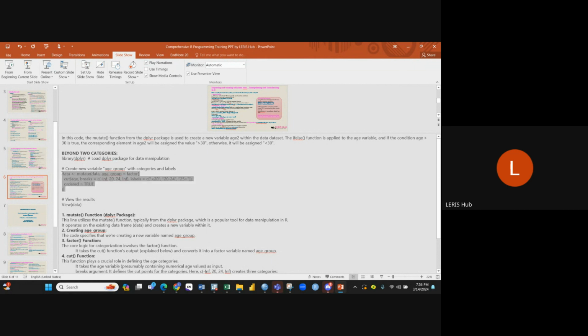Age group is equal to factor, which means it has a category. And then the category itself is now cut. What I'm putting into cut here is the age. It takes the variable presumably containing the numerical age. So I'm putting the categories for the variable age, and I wanted to have breaks in that